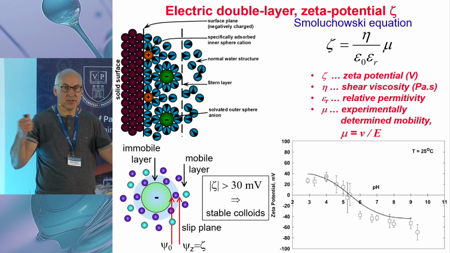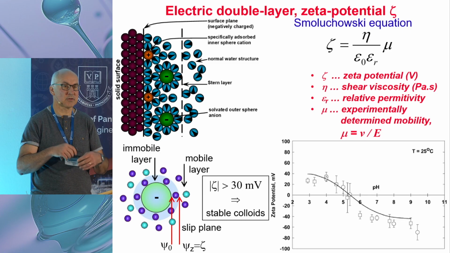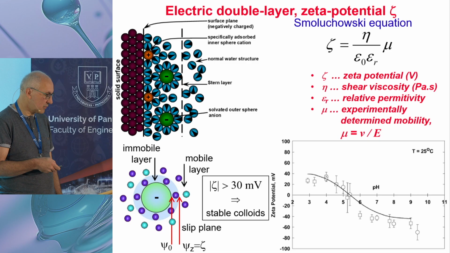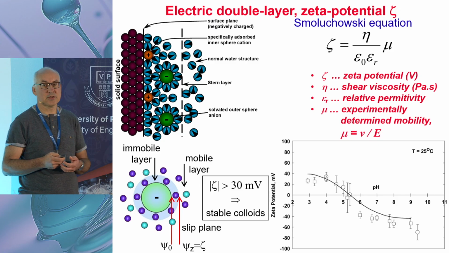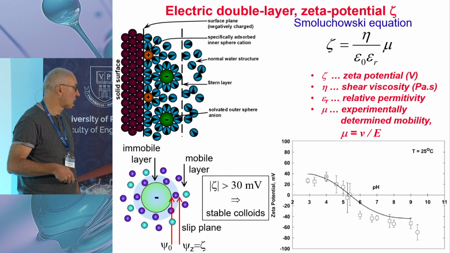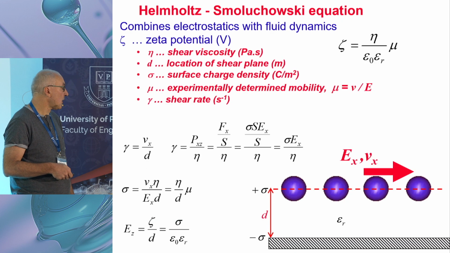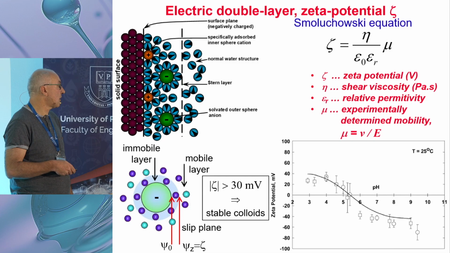It means the particles repel each other, and that's why the particles don't sediment. They are beautifully dispersed, and that's good if you want to do some scattering experiments or simply interact with the surface of each particle. While if the zeta potential is very small, the electrostatics is not strong enough, and van der Waals interactions can win, and then you have coagulation, sedimentation of the particles, and you simply get some big chunk of particles. So that's the zeta potential, which is measured in millivolts,